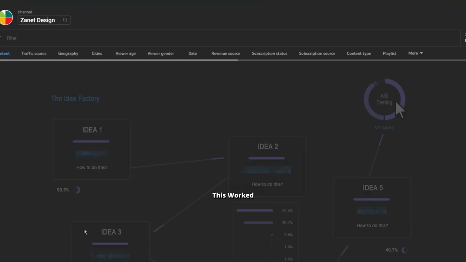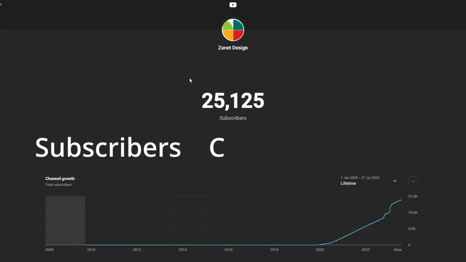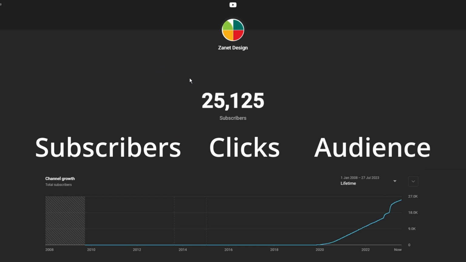Without a good idea, it's going to be hard for you to build a decent video. And once you have a good idea, you then need to build on what's going to work for your audience. It's not just about ideas, but about building a strategy that's going to get you subscribers, get you clicks, and encourage your audience to come back to you next time you release a video. And it's based on real data, not just guesswork.